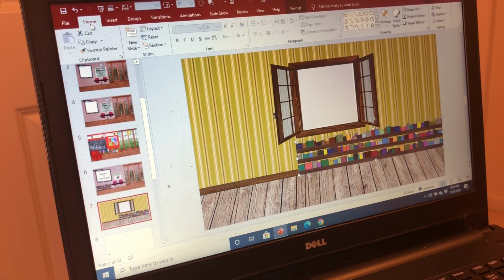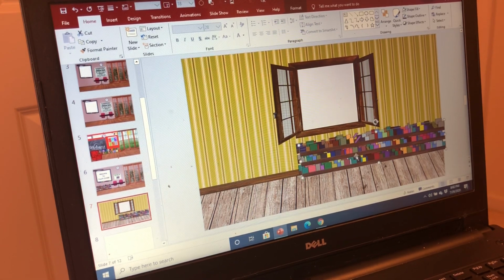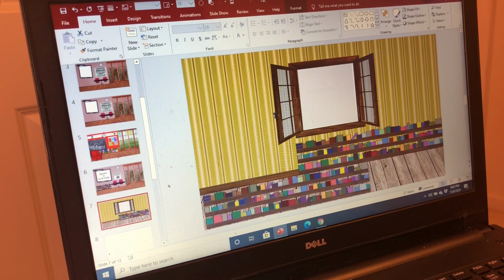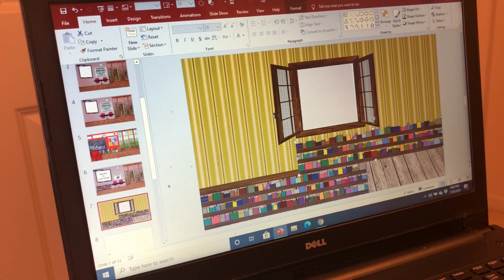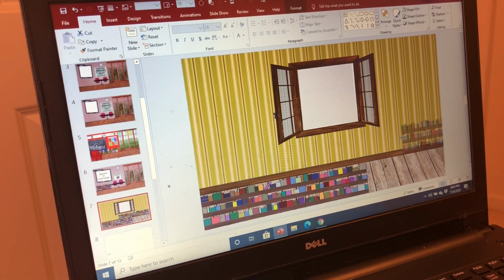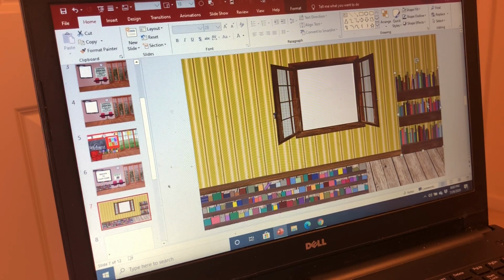I'm going to go to my home, and I'm going to hit copy, but I'm going to duplicate it. In duplicating, you get the exact same thing, and I'm going to put this shelf like in the front of the room, and I'm going to make this one a little bit smaller. And I'm going to increase the size of it because I like books. Okay, so